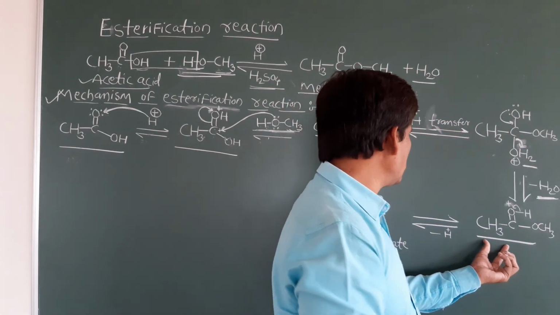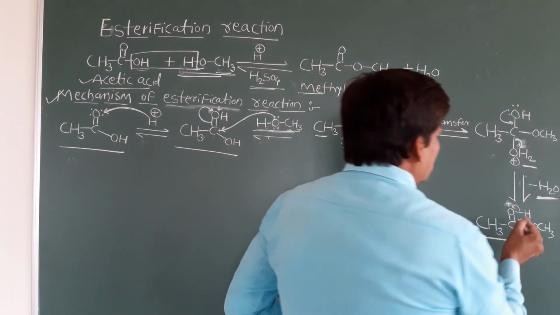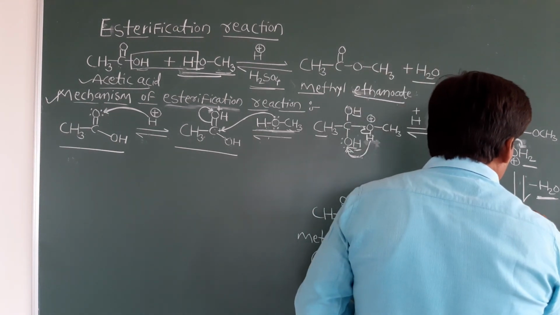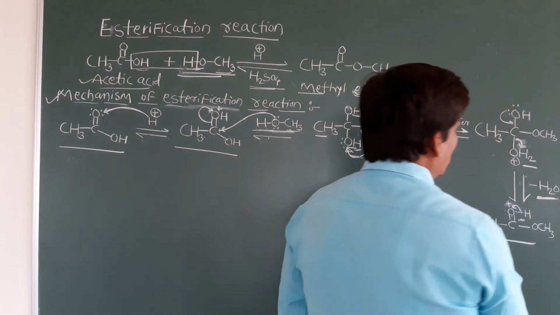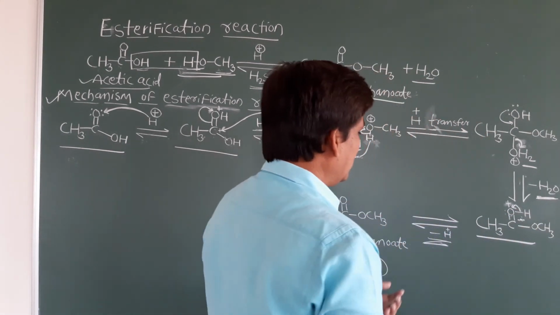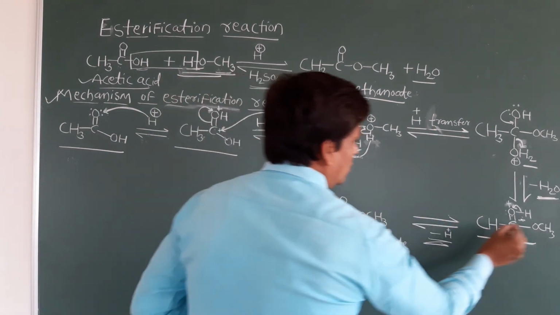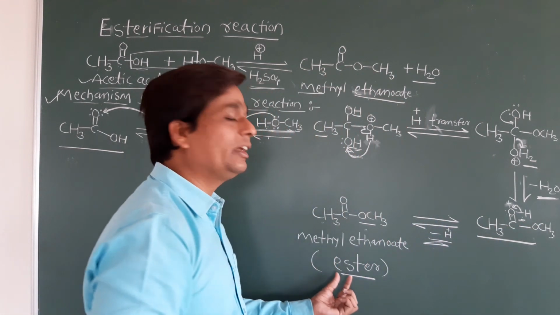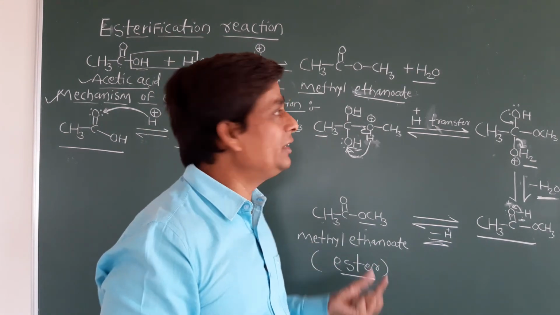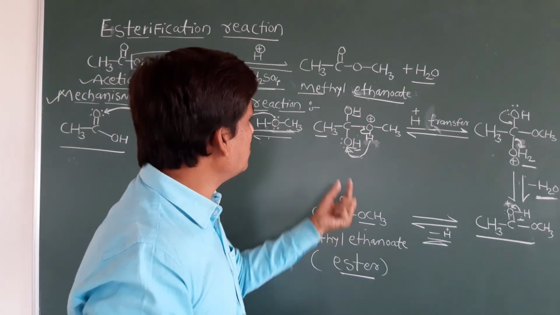Now what happens, students? In this case one extra hydrogen is there. The bond will be shifted because this oxygen carries a lone pair of electrons. This electron can be attracted over the oxygen. Now this hydrogen is released, minus H plus. Then what do we get here? CH3 C double bond O O CH3. In this way we will get an ester. Now, are all of you clear? This is methyl ethanoate. In the main reaction, the same product, methyl ethanoate, and water molecule are obtained.